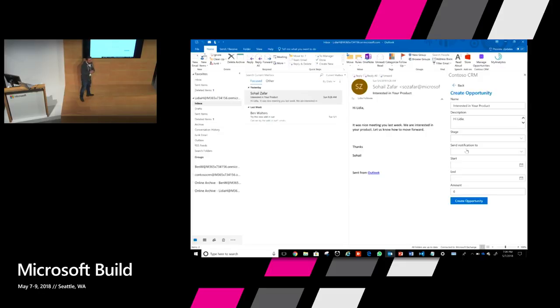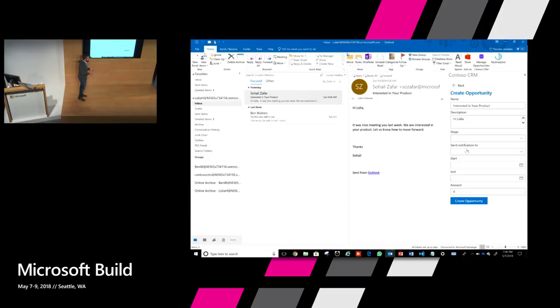Notice when Lydia launched this add-in, she wasn't asked for any login prompt or challenged for credentials. This happened because of the new capability that we added, which is single sign-on. Using this capability, the CRM add-in is able to get the Office 365 identity of Lydia, and then map it to the identity Contoso CRM has.